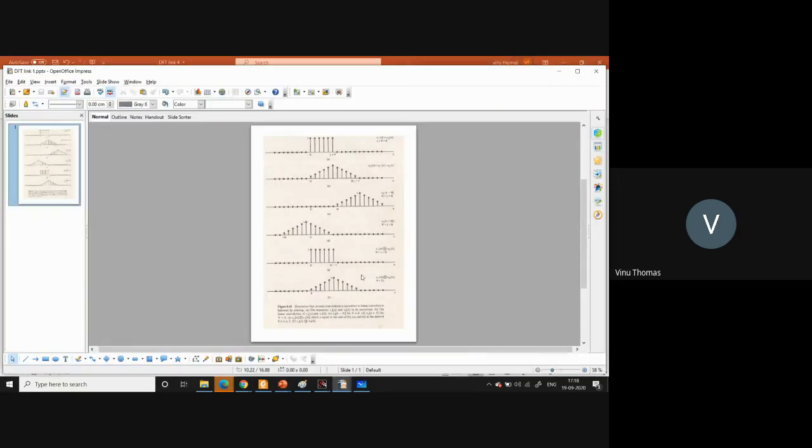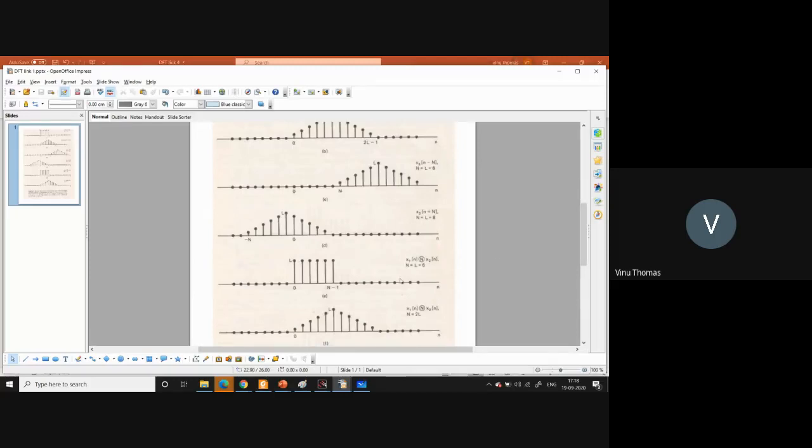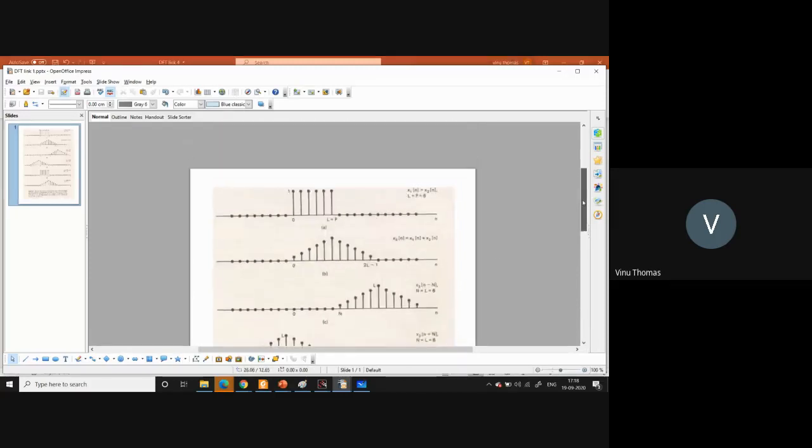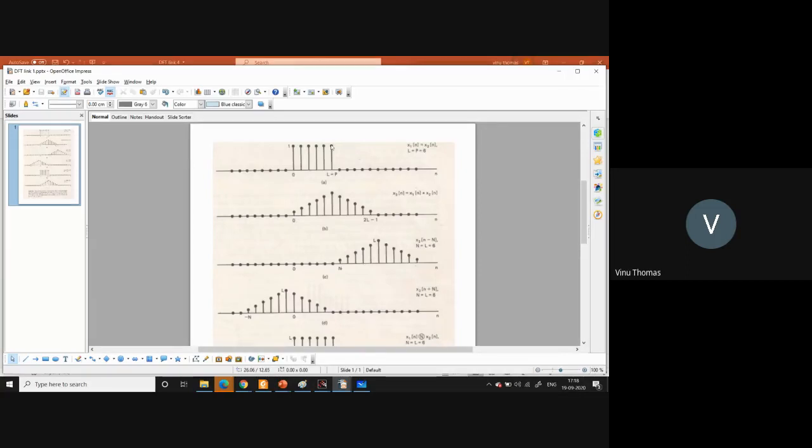Are you seeing this example? Yes, sir. Okay. So we see that we have two sequences, x1n and x2n. In this case, we are taking x1n to be equal to x2n with the length of the sequence equal to 6. That is, L is taken as 6 and P is also equal to 6. And if you do the linear convolution of the two sequences, we will get this x3n. So x3n is the linear convolution of x1n with x2n, where x1n and x2n are the same, right? So this is the linear convolution.